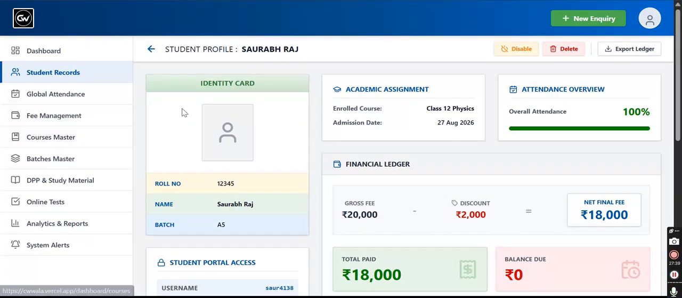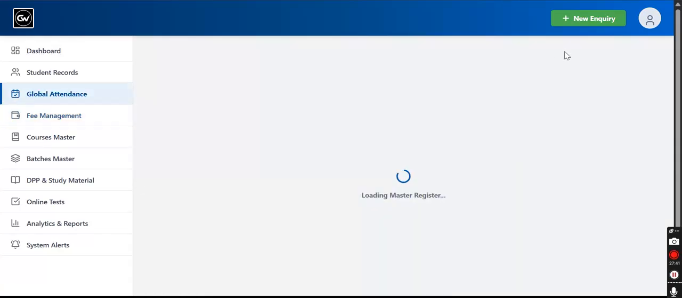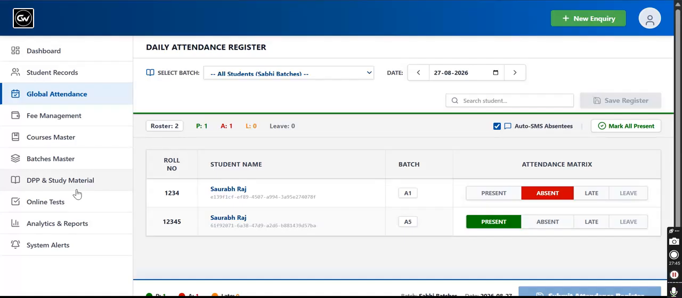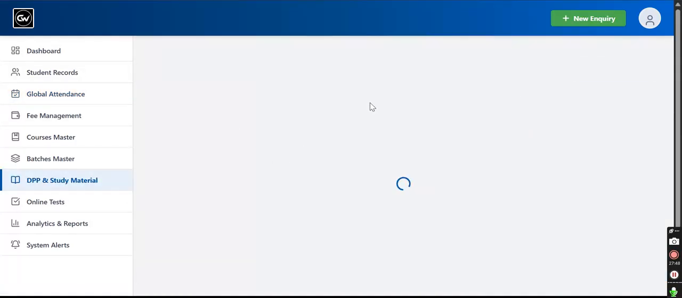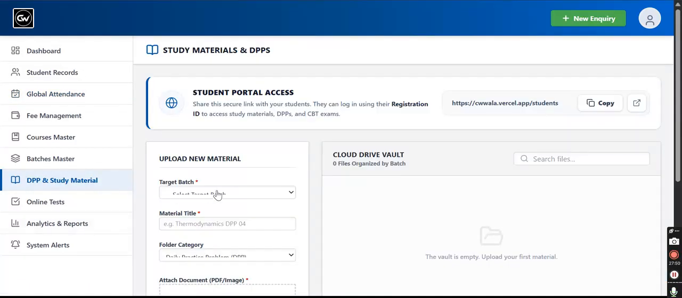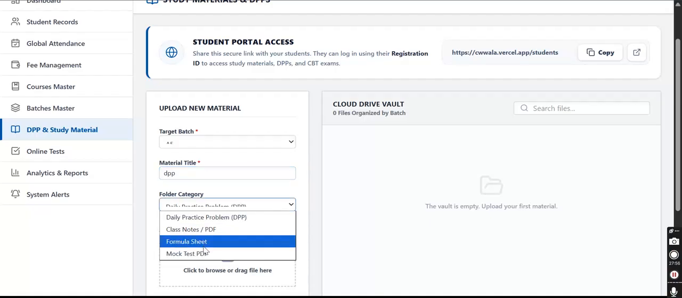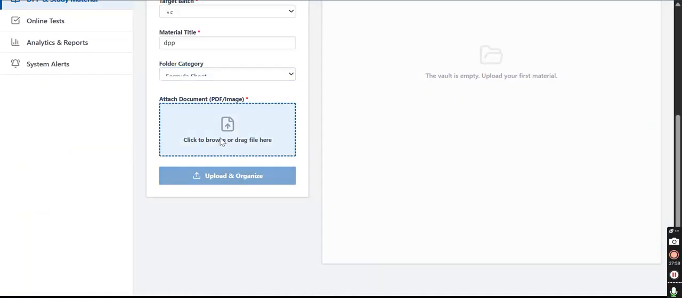Let's jump into the DPP and study material. These are simple things. You just have to upload here. Suppose you are uploading this, and it will be uploaded to the cloud. And you can see here it is automatically going to make